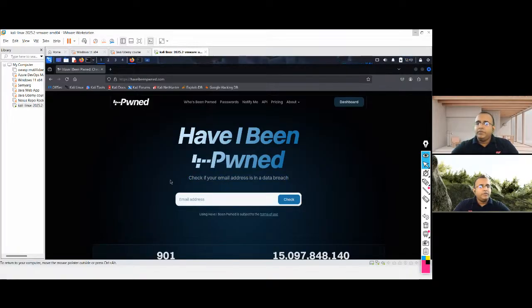So this is how it works. You can enter your email here, I don't want to give away mine. For me, it showed that my account was compromised, meaning my password hashes were stolen. It was in LinkedIn, in Twitter, and in 500px, one of the photography websites. That is what they're talking about.